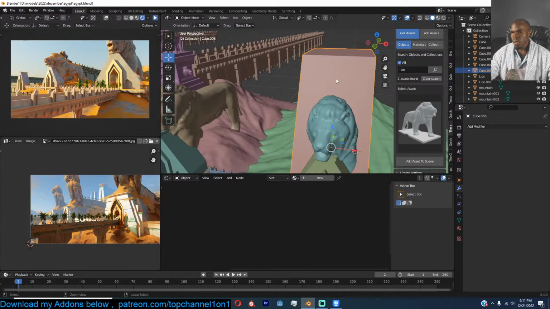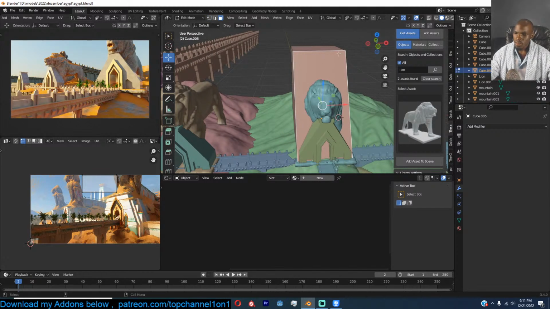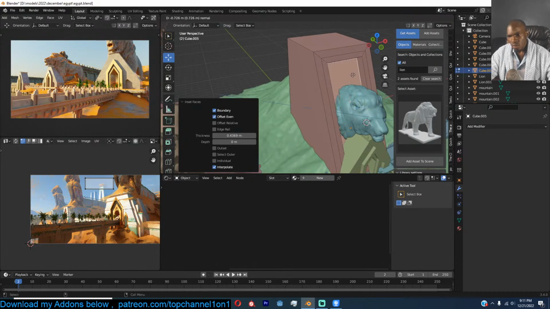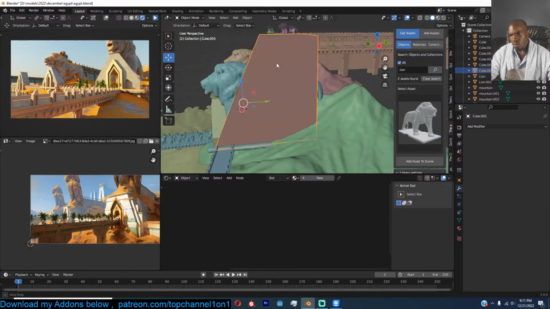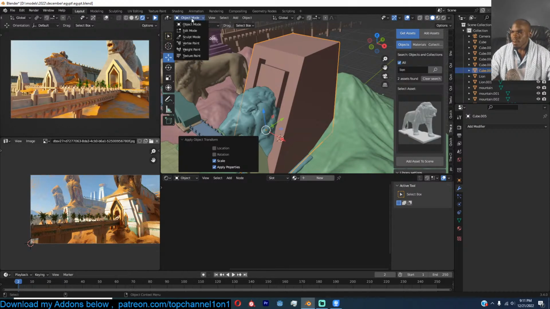And we can sculpt this a bit. Maybe let me first add in a few extra details before we get into some sculpting. Okay, I'm going to bevel this, go to sculpt mode,